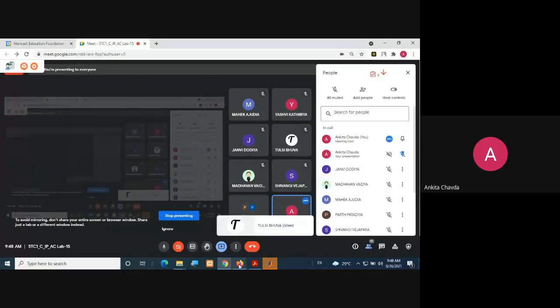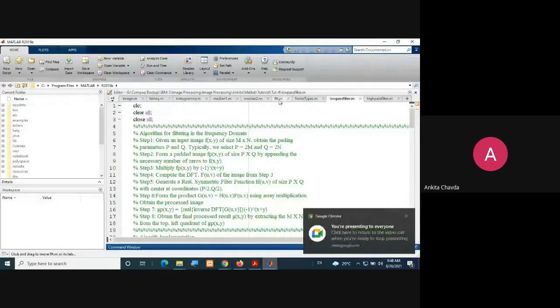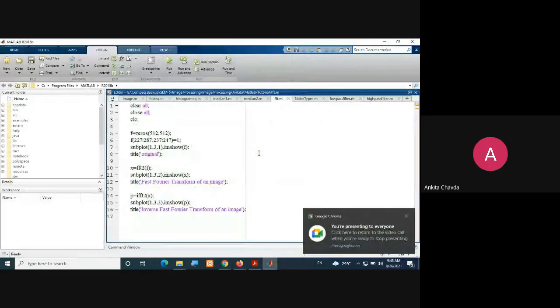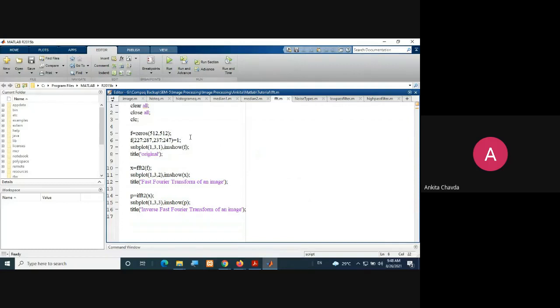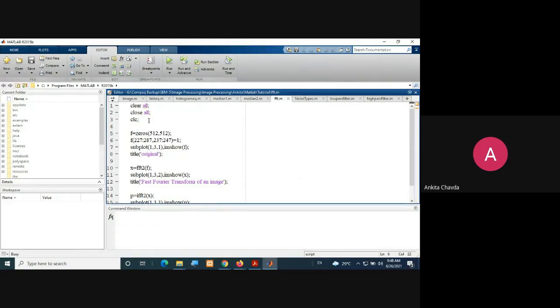First I'll show you how to convert your image into the frequency domain. I'll run this meanwhile and explain what we are doing. Suppose we take f equals all zeros of 512 cross 512, so one black image with all zeros.